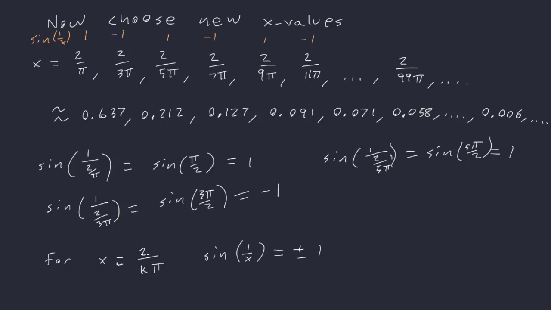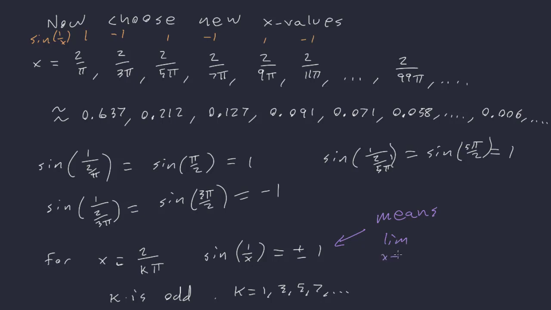So from here, for x equal to 2 over k pi, where k is odd, or you could write k is 1, 3, 5, 7, etc., all the odd values, our sines oscillate between negative 1 and 1. It isn't possible for a limit to exist. So in this case, this means